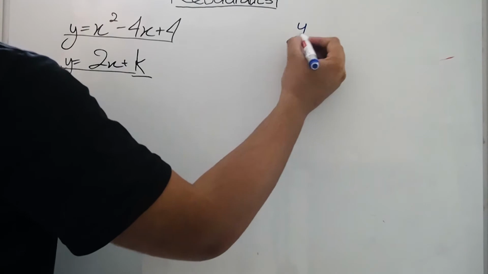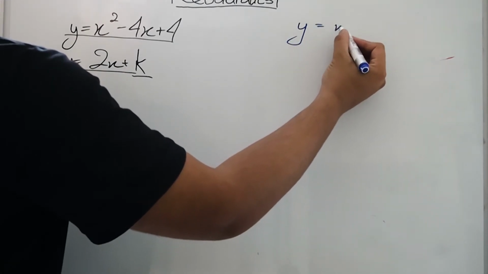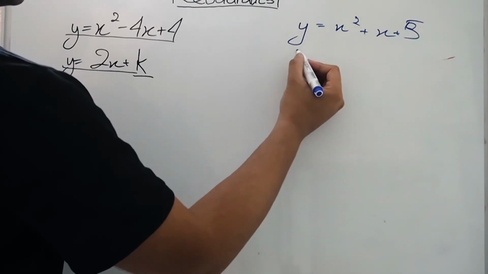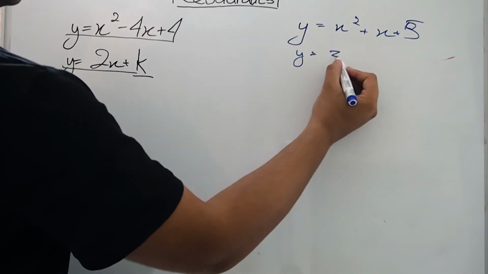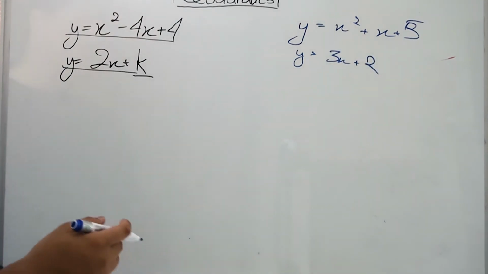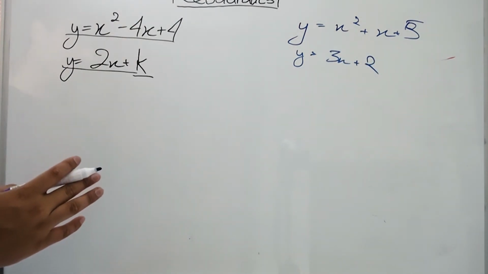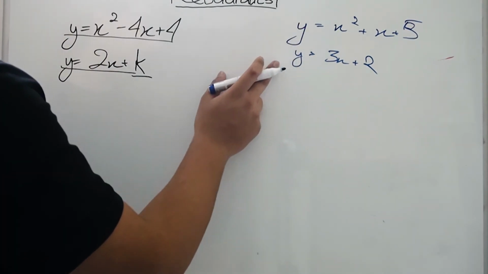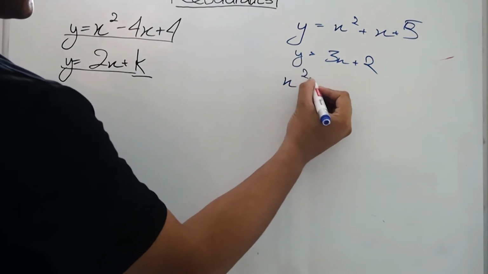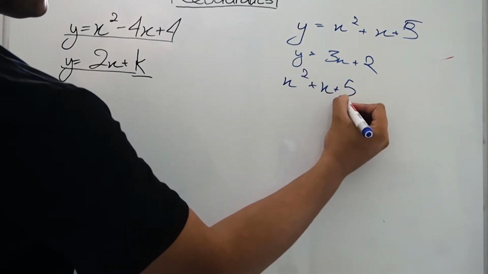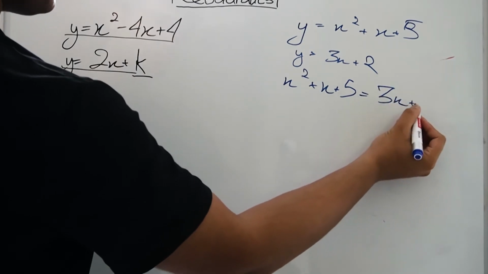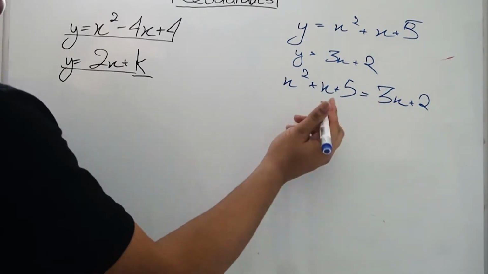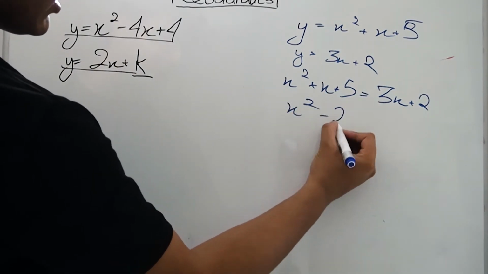Basically, if you have a quadratic equation like y equals x square plus x plus 5 and a linear equation y is equal to 3x plus 2, we can find out if there will be an intersection point or not by equating both of them. Right now both of them have y as a subject. We'll equate them. So it will be x square plus x plus 5 equals 3x plus 2. I substituted this value of y into this y. So now we can solve this. x square minus 2x